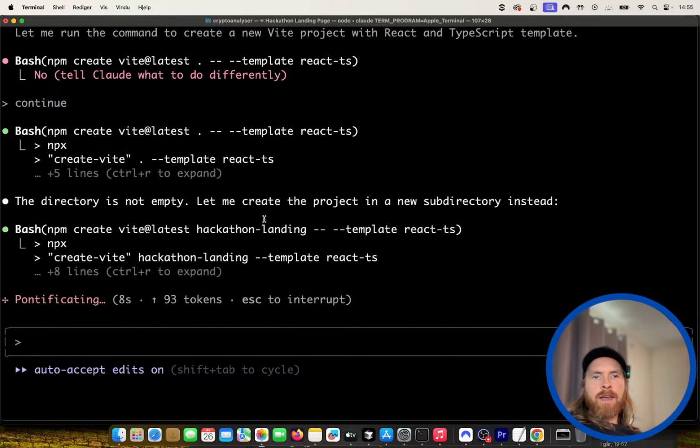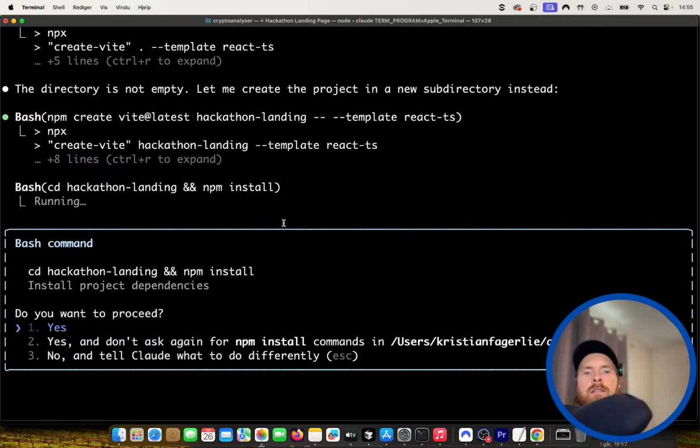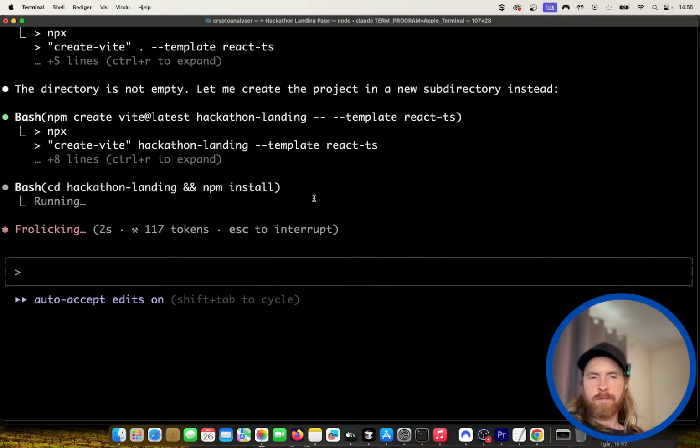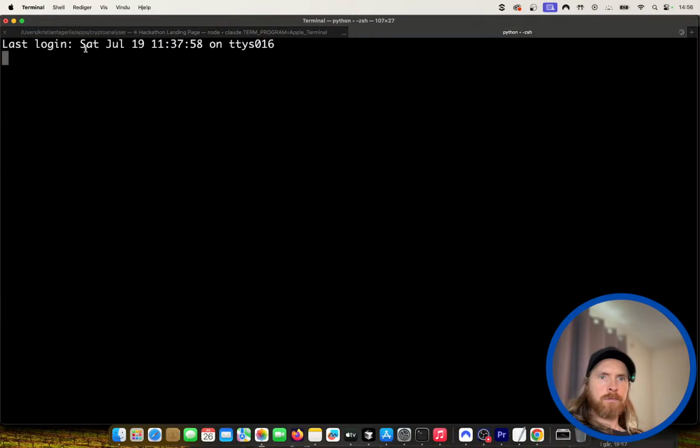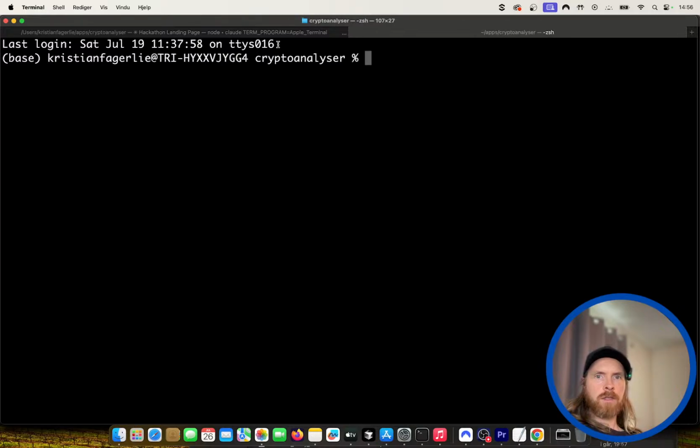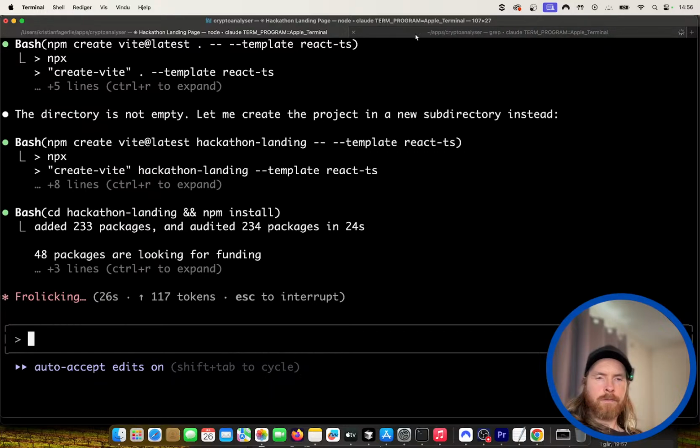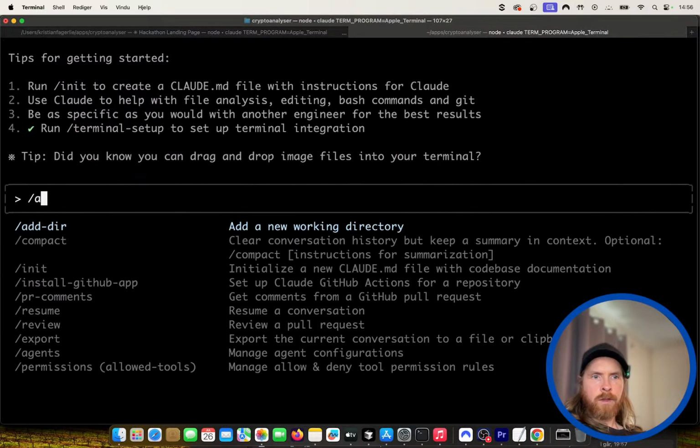So after we have the landing page, I'm gonna create an agent that is gonna work on this page. 2 agents. One is gonna do some backend, and one is gonna do some front end. I guess we can just do agents.